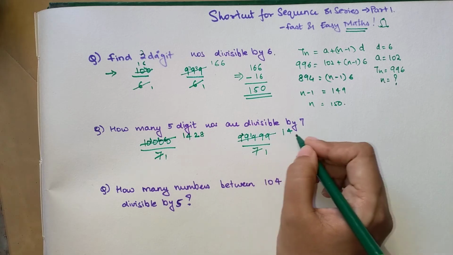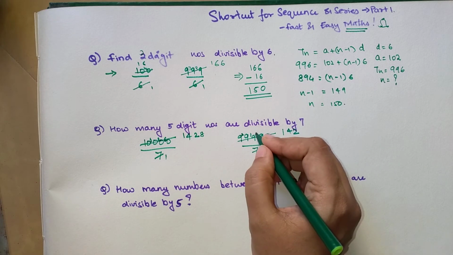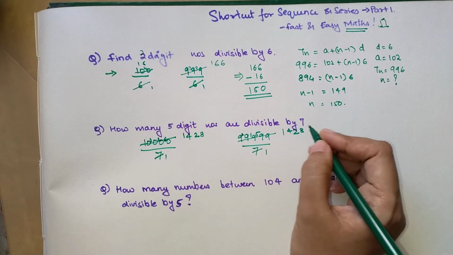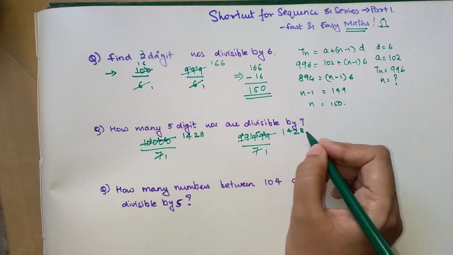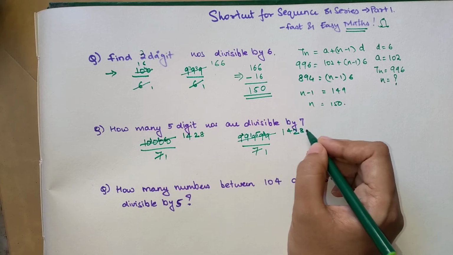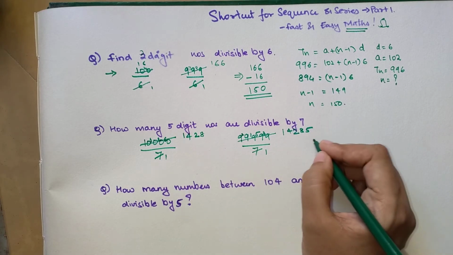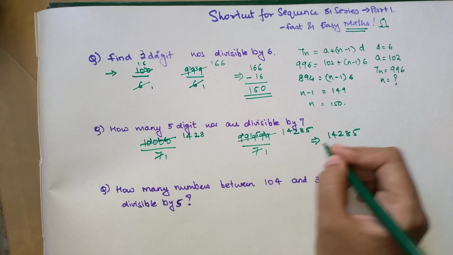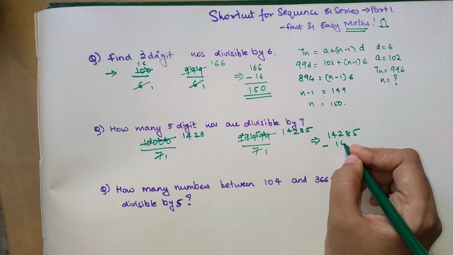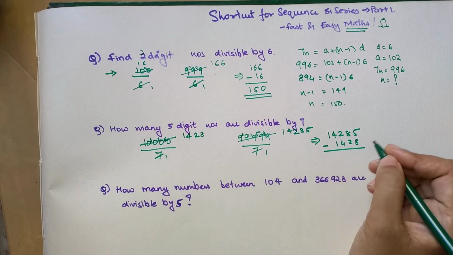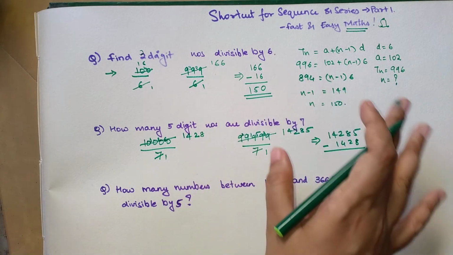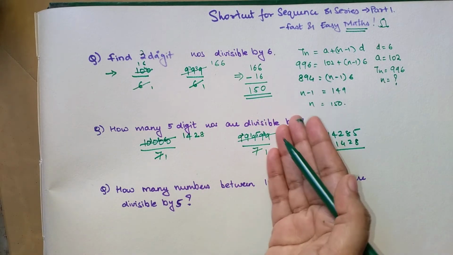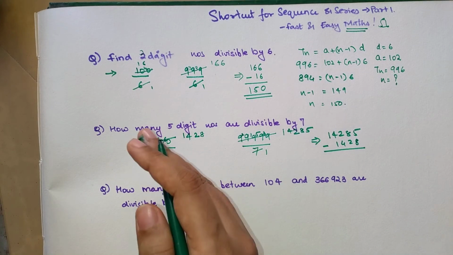You're left with 1, so you're going to get 2. You're left with 5, so you're going to get 8. And then you're left with 3, so you're going to get 5. So my final answer would be 14285 minus 1428. Students, please remember, while subtracting, you always subtract